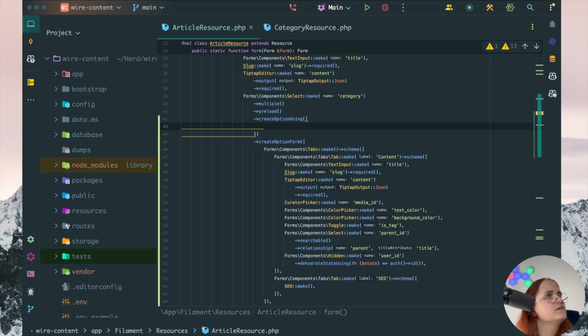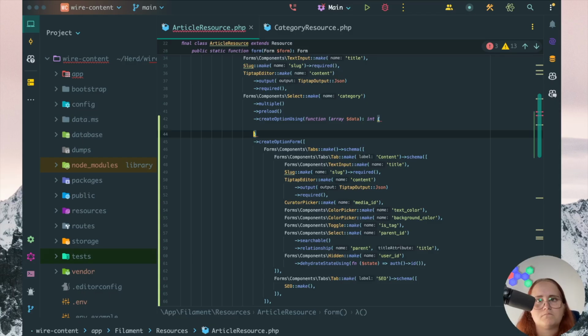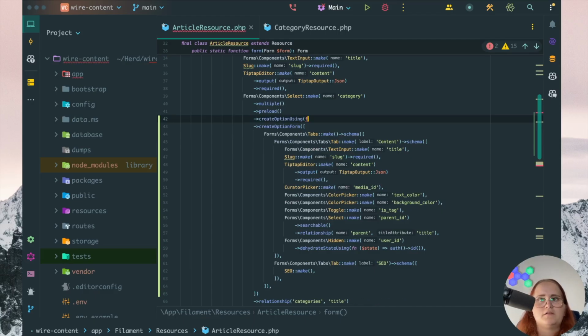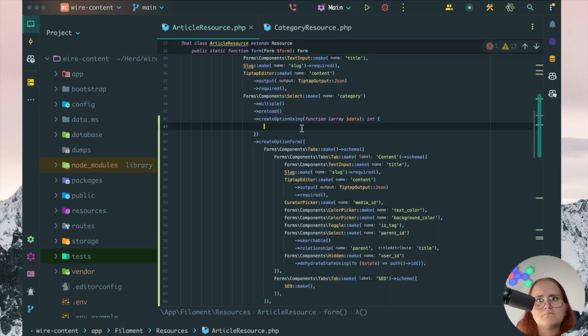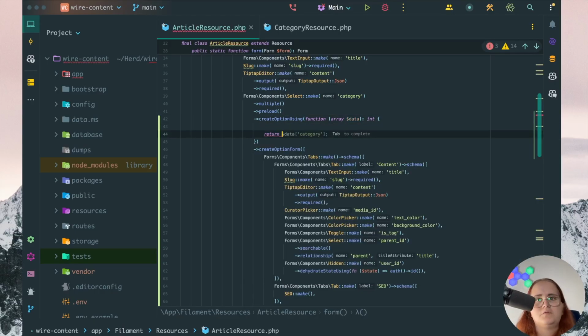Now in this case, we actually don't need an array, we need a function. And in this case in here, we want to go ahead and just have the data in here. So if we go in here now and say function, array of data, and we need a return in here. So we need a return of category,